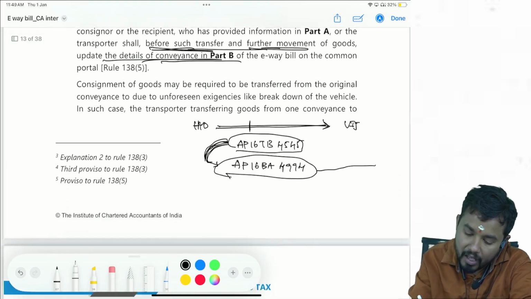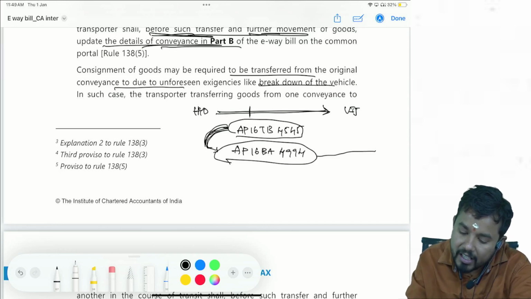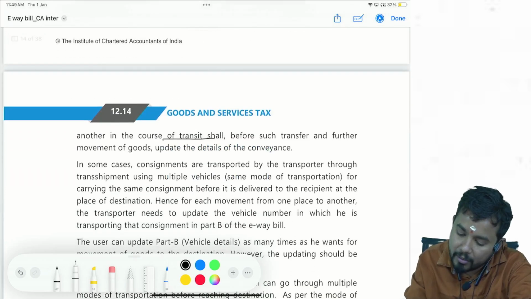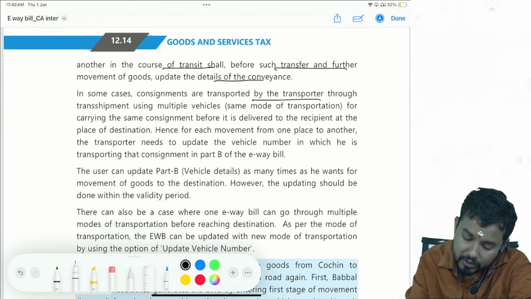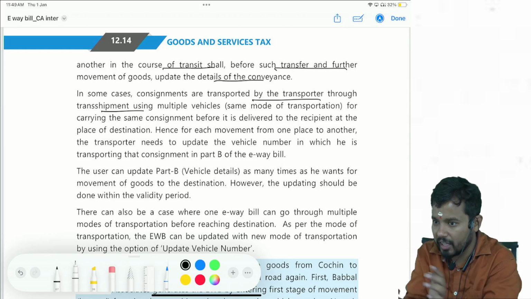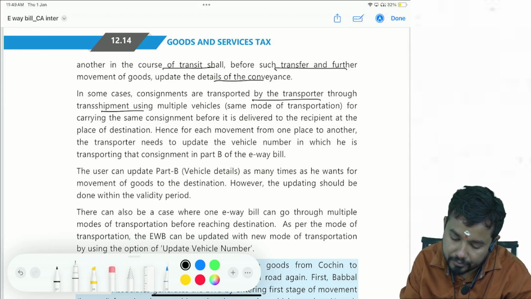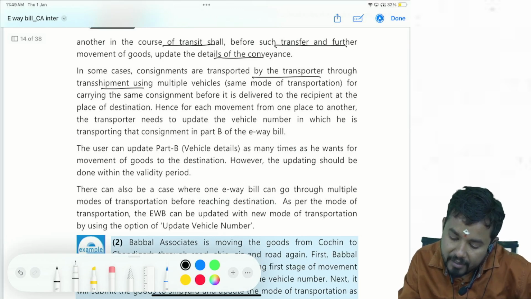Okay? Consignment of goods may be required to be transferred from the original conveyance due to unforeseen circumstances like breakdown of the vehicle. In such case, the transporter transferring goods from one conveyance to another in the course of transit shall, before such a transfer and further movement, update the details of the conveyance. In some cases, consignments are transported by the transporter through transshipment. See, not only breakdown, sometimes I may change vehicle also. Multiple vehicles may be used. Then also I have to update the details for carrying the same consignment before it is delivered to